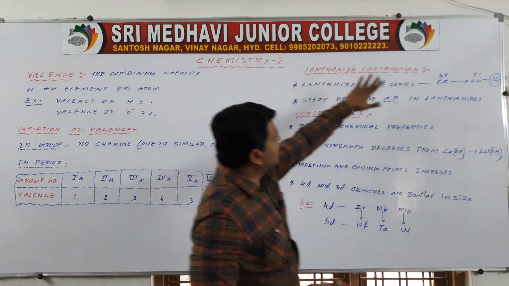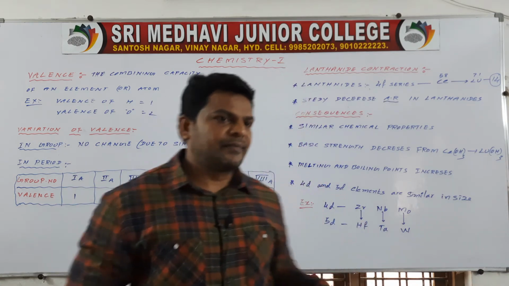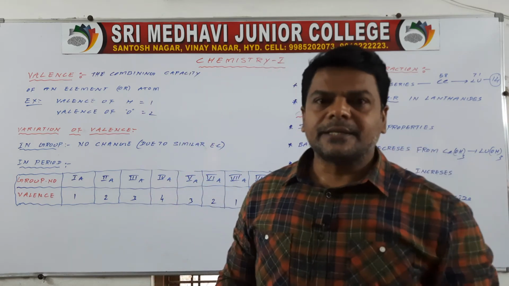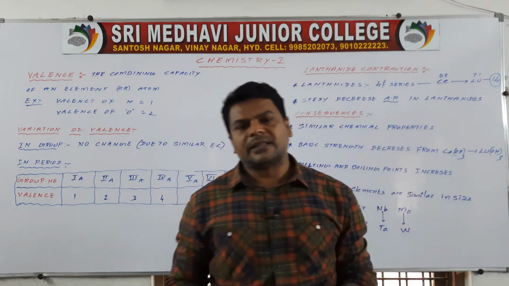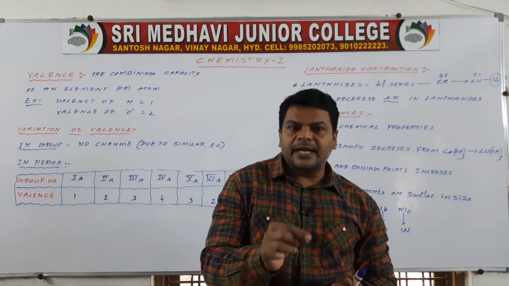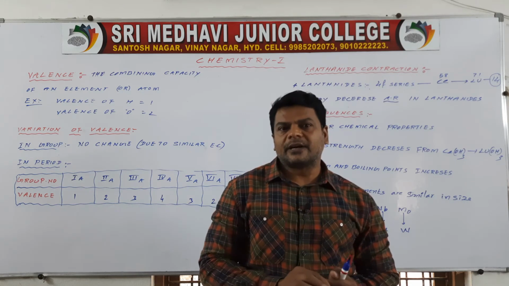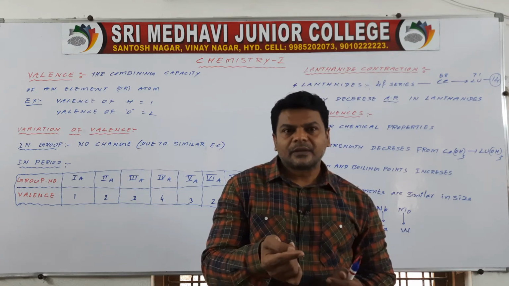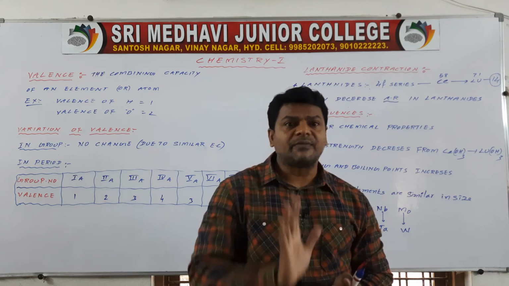So this is lanthanide contraction, and these are consequences developed due to lanthanide contraction. Lanthanides means 4f series elements, which are cerium 58 to lutetium 71. What does lanthanide contraction mean? The steady decrease in atomic radius in lanthanides is called lanthanide contraction. It is due to poor shielding effect, and poor shielding effect or screening effect is the same, and the peculiar shape of orbitals.